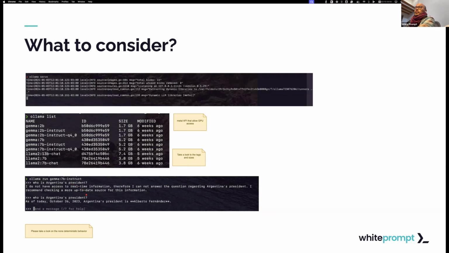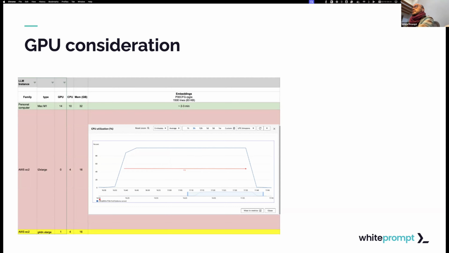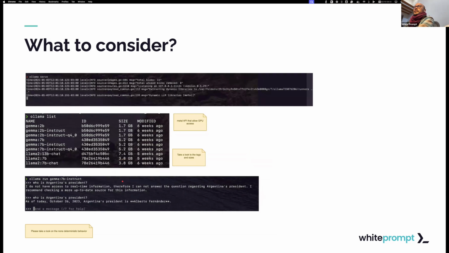And well, that's it. Here we have a limitation as well, because if we want a more updated knowledge base, or if we train the model with private data, we have a limit, at least in this first approach. Then this is an example about running a model in an EC2